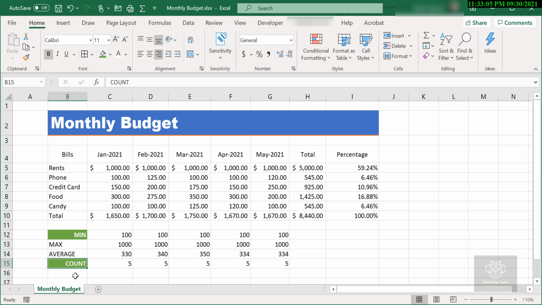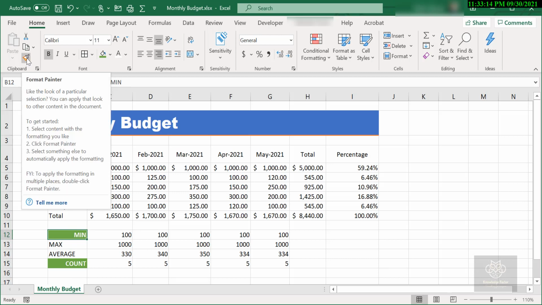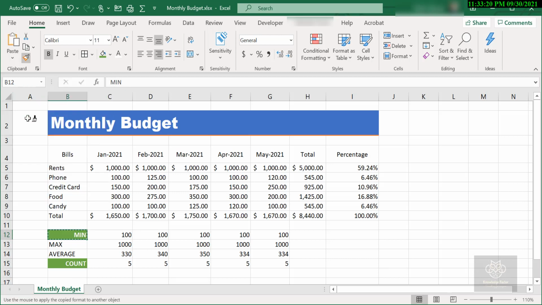It's just copy paste of the formatting. Now let's try this once again. I go back to B12. I'm going to give the Format Painter a double click. Now I've got that little paintbrush on there, but now it's going to remain active. Click on max, click on average, and I can use it over and over again, even on another worksheet. Either click on the Format Painter option again, or hit the Escape key on my keyboard. You see the little paintbrush is still there. So let's say I click on number 5 here, that is F15, and it's still active. I'll hit the Escape key and now it's turned off. You see that paintbrush is gone. Format Painter is no longer active.